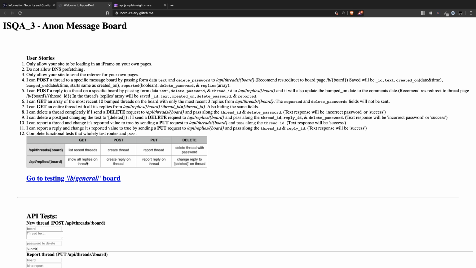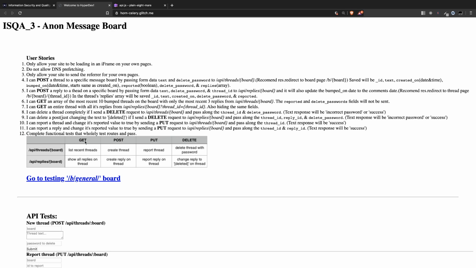Show all replies on thread, create reply, report reply, change reply. Now it's interesting that on our reply we can delete it, but it actually won't delete it. It will change to deleted. So this is a full-blown